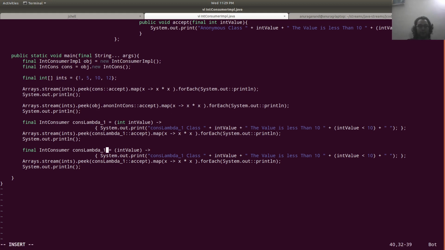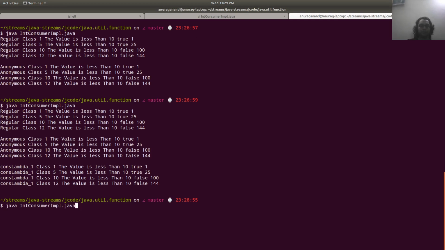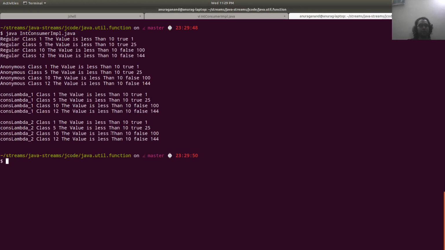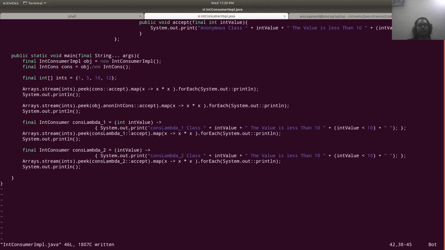I'm going to name it consLambda2, and so consLambda2 is working again. We are not providing any explicit data type like we mentioned over here, and it is working.